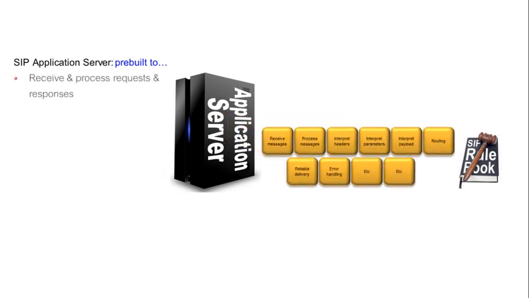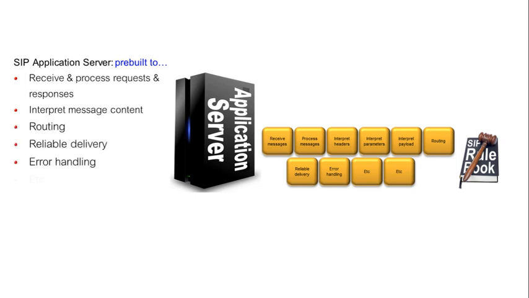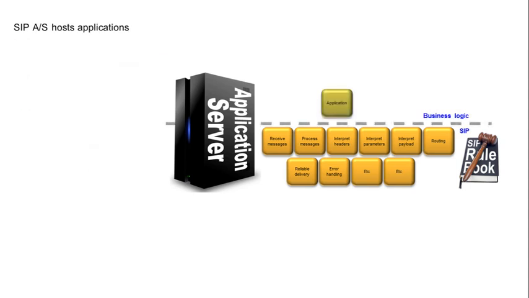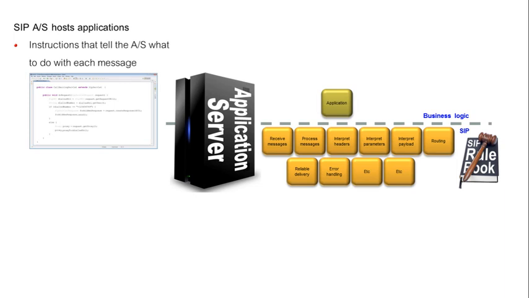So, the SIP application server comes pre-built with the ability to receive and pass requests and responses, to interpret message content, to route messages, to send them reliably, to handle errors, and a whole lot more. It doesn't have any business logic, and by default makes no decisions about what to do or when to do it. But it does have space for applications, essentially sets of instructions that tell the application server what to do